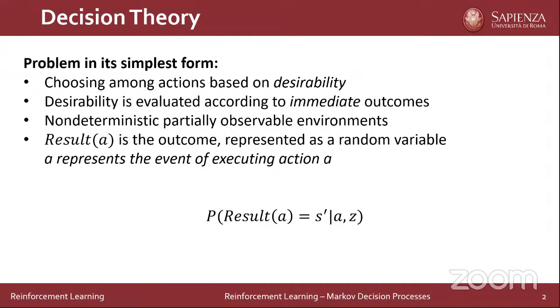So reinforcement learning is based on decision theory and on the theory of utility maximization. And when you're dealing with decision theory, the problem that you're trying to solve is choosing among different actions based on how desirable these are. And you can evaluate the desirability of an action given by some immediate outcome. This immediate outcome is typically called